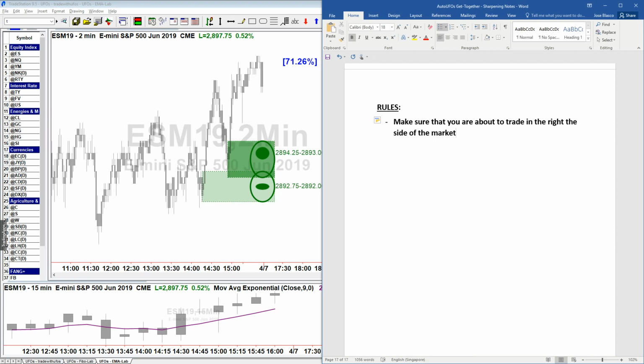Okay, so think about it. This is about saving time, because you could find yourself looking at all the parameters of the trade, following all the rules, and concluding, okay, if I buy at this price, I have a stop at this price, and I have a target at that price, that's a good trade. It's good risk management. It makes sense.